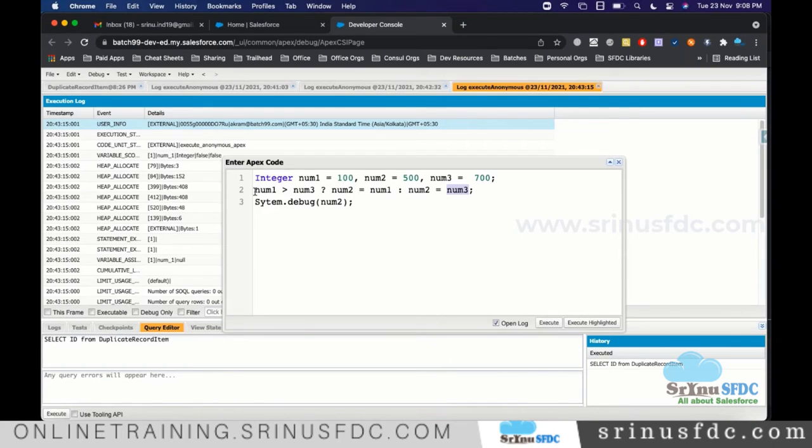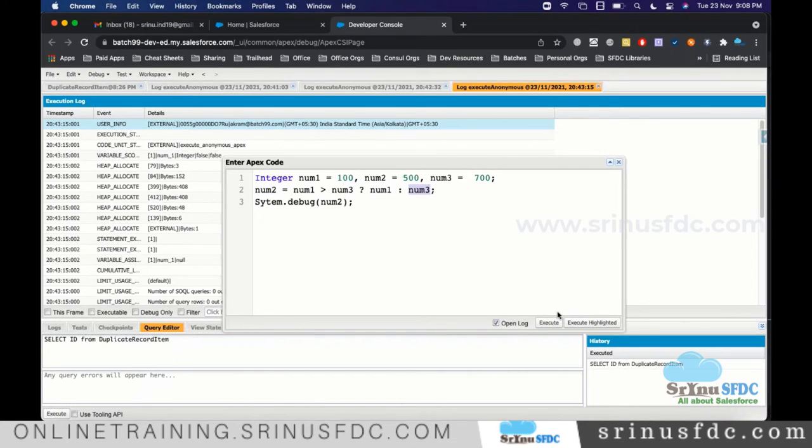Here I'll say number 2 is equal to, we'll be returning this expression. If number 1 is greater than number 3, then the value will be number 1 and we are assigning it to this.